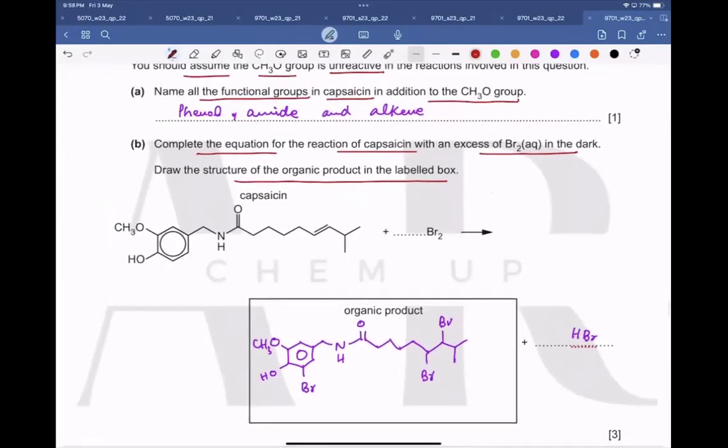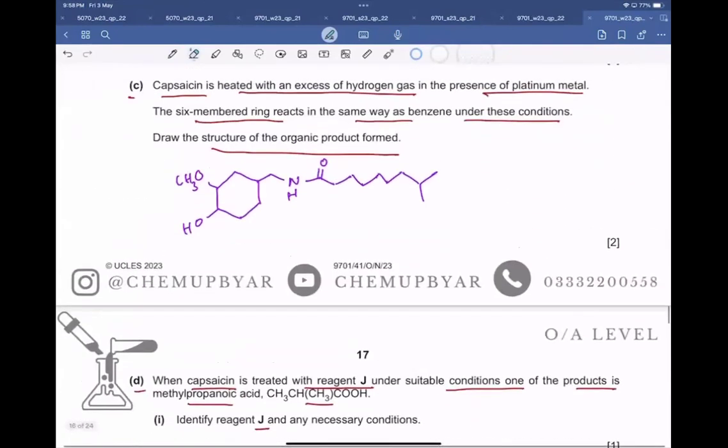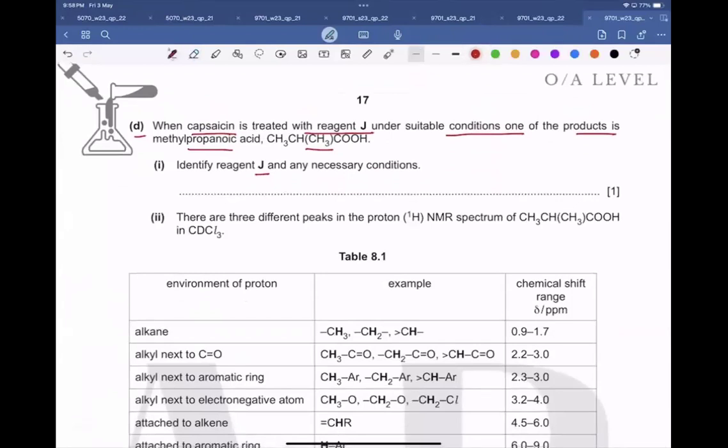So we are talking about capsaicin. Methylpropanoic acid is only possible when the bond is broken from here and we get a C double bond OH here. This will only happen when we use hot, concentrated, acidified manganate, because in that reaction a carbon-carbon double bond molecule is split into two parts. So this is a methylpropanoic acid having 4 carbon atoms, right? So the reagent which makes methylpropanoic acid is